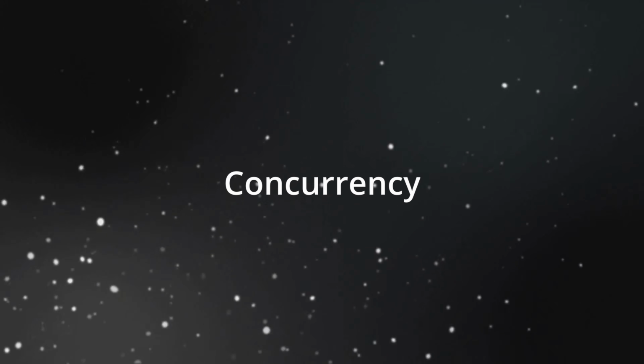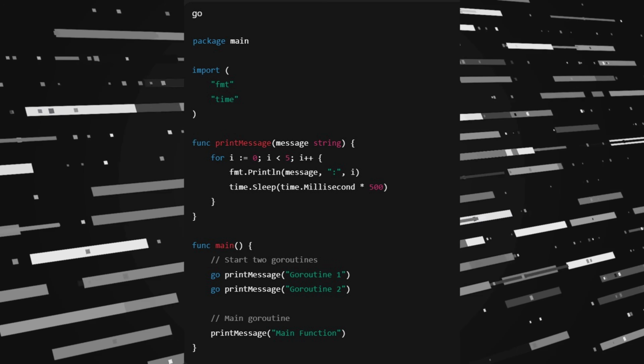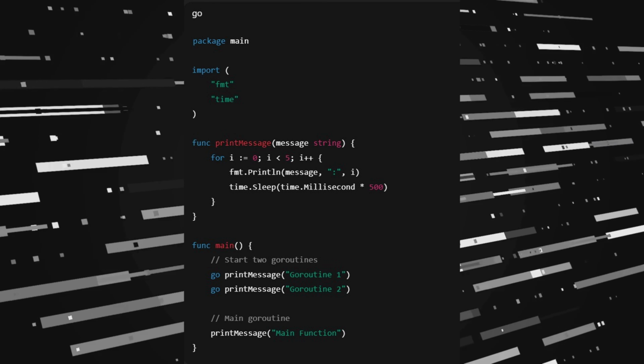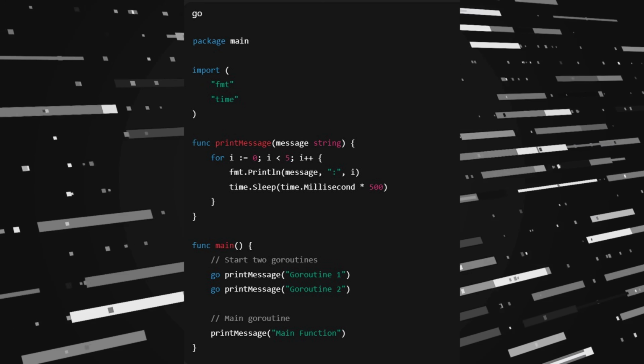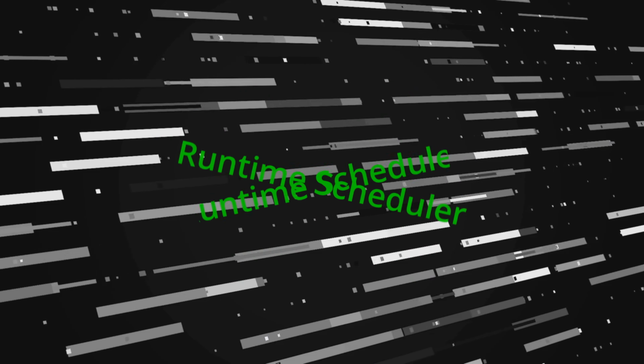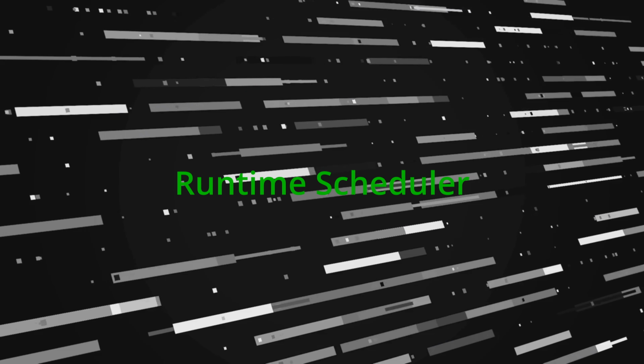Let's talk concurrency, one of the biggest divides between these languages. Go's goroutines are legendary. Lightweight threads multiplexed by the Go runtime. You can spin up thousands and communicate via channels with very little ceremony. That simplicity is what made Go so dominant in distributed systems. Under the hood, the runtime scheduler keeps things efficient and scalable with minimal mental overhead.